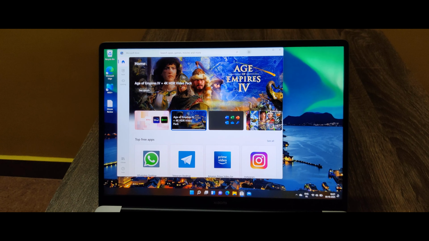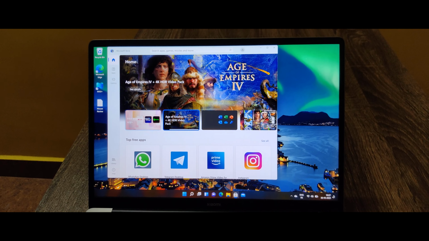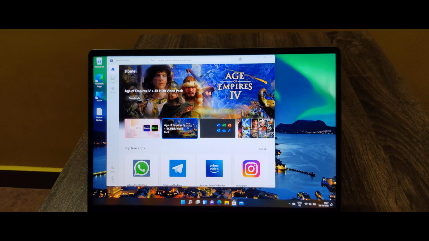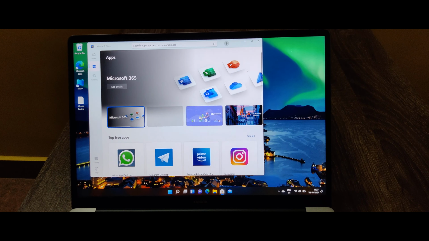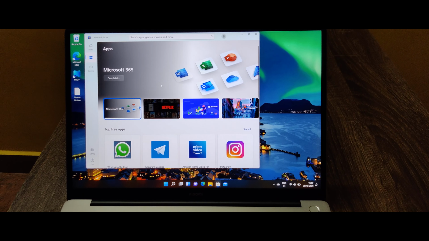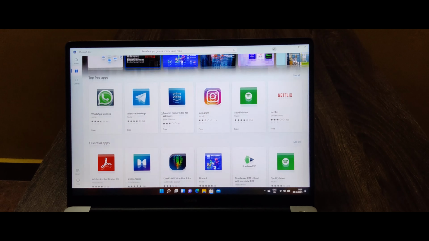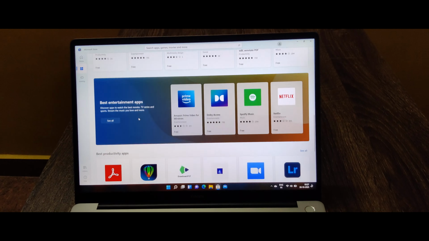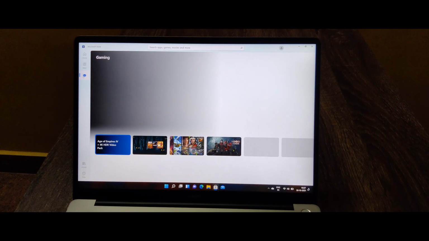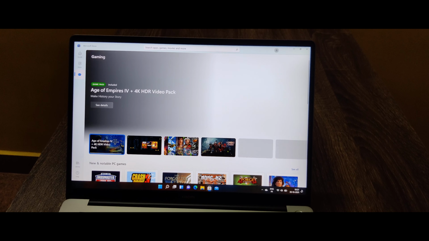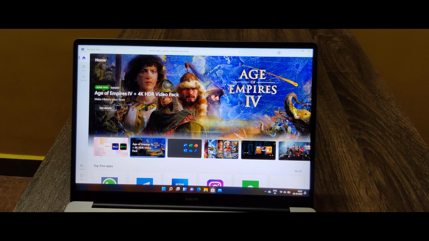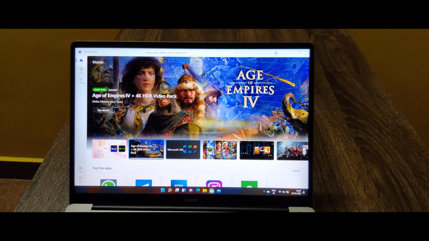We can see new applications like Disney, Netflix and all. And we have the new app section where a list of sections has been highlighted, and there is a dedicated tab for gaming. This is the new Microsoft Store. It will be completely personalized.